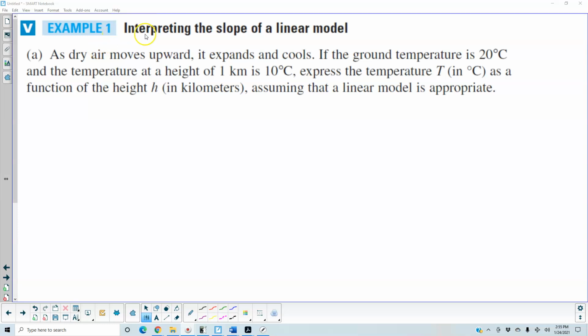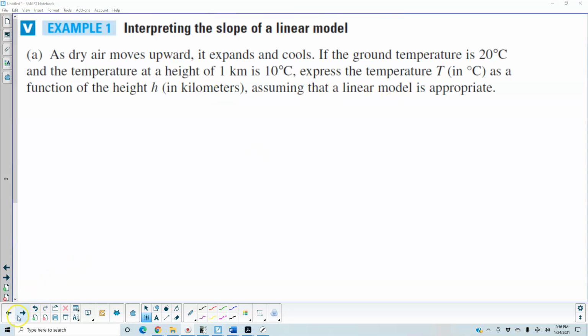Example 1, interpreting the slope of a linear model. As dry air moves upward, it expands and cools. If the ground temperature is 20 degrees Celsius and the temperature at a height of 1 kilometer is 10 degrees Celsius, express the temperature T in degrees Celsius as a function of the height h in kilometers, assuming that the